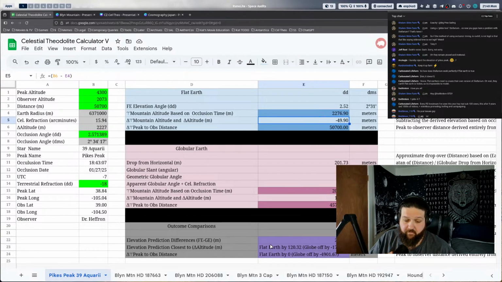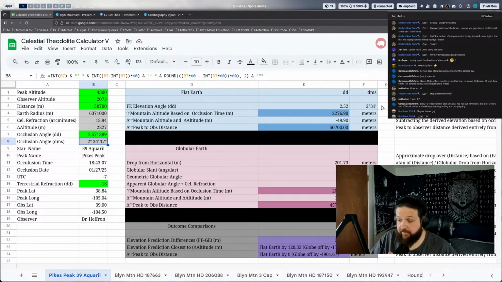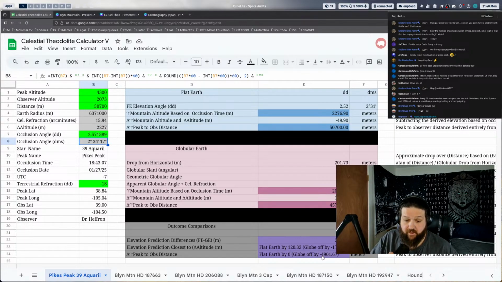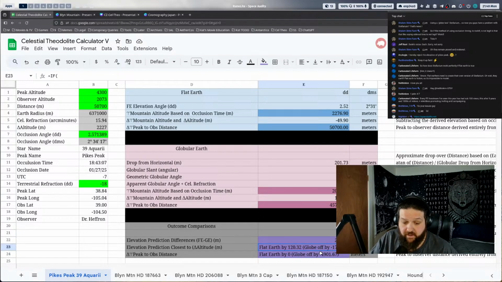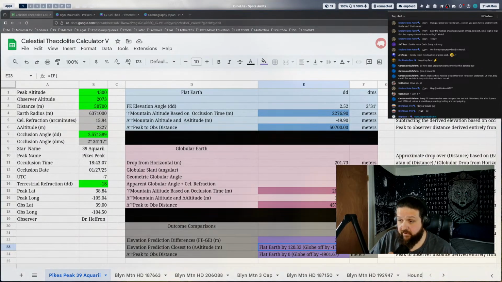Yeah, the main point of it is the distance always comes back to the observer, and you don't have to reference Stellarium or the system internally to find that out, and that's huge. On top of that, we can predict the physical elevation with the occlusion. It more closely corresponds to a flat Earth than a globe. That's the point of referencing the occlusion timings, right? We have our prediction, they have their prediction. And when the occlusion timing just so happens to match our prediction, we can backwards derive the geometry of what did the occluding in our distance, whereas when the globe tries to do it, they're going to be off by 5,000 meters, and they're going to be 170 meters too low on their peak.